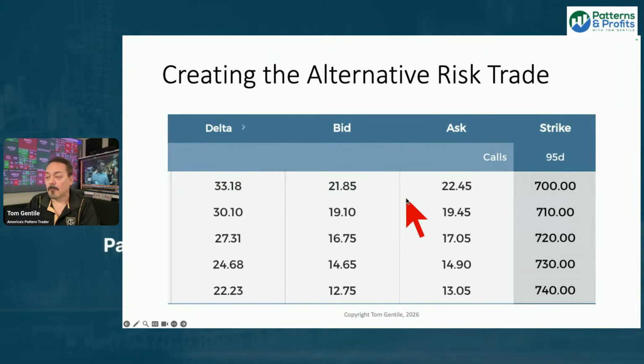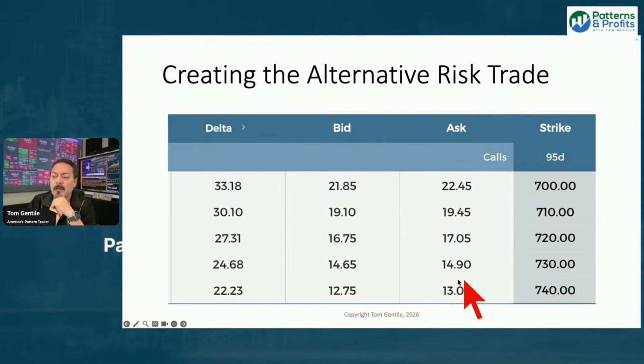I'm sitting out there and I'm saying to myself, all right, well, maybe instead of buying the $700 strike, maybe I put together, buy the lower, sell the higher. And you're going to hear that come out of me a lot, especially with volatility risk. Buy the lower, sell the higher means that we could take in some premium to help pay for the premium we paid for. So, for instance, just off the bat, if I can buy the 700s for